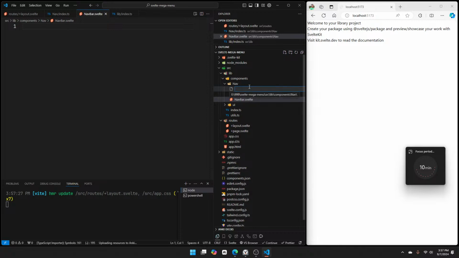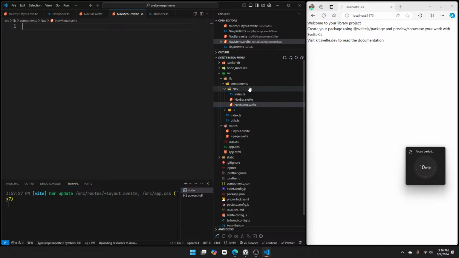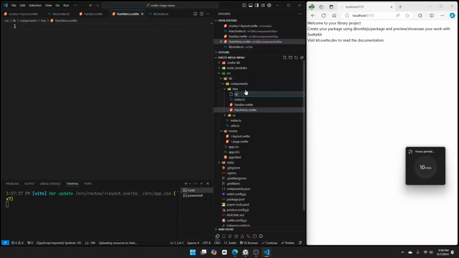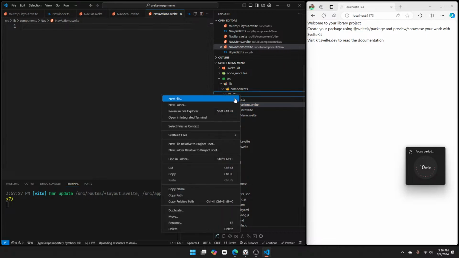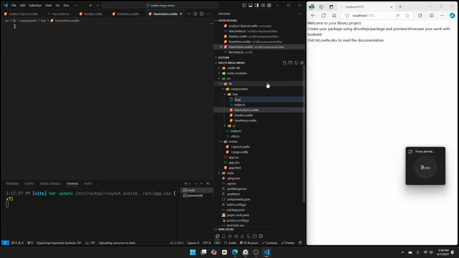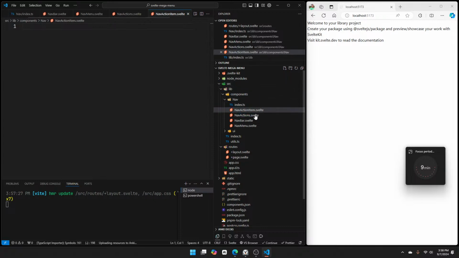We are going to have nav menu.svelte component. We are then going to have nav actions.svelte component, and finally we are going to have nav action item dot svelte component, and we have some of the components now with us,